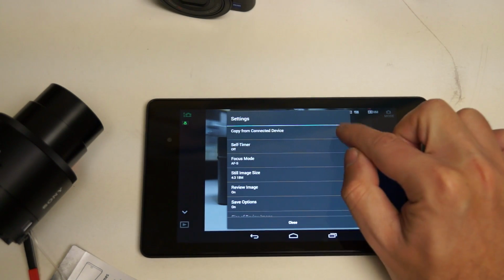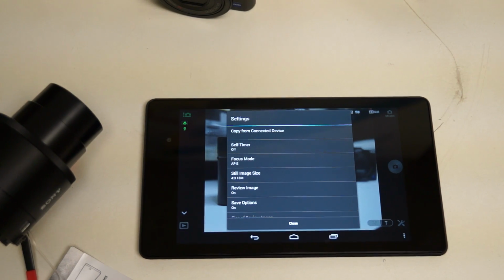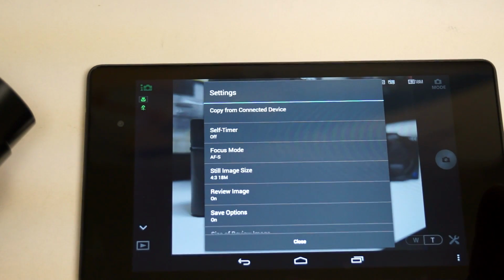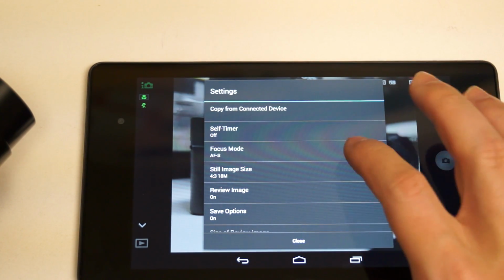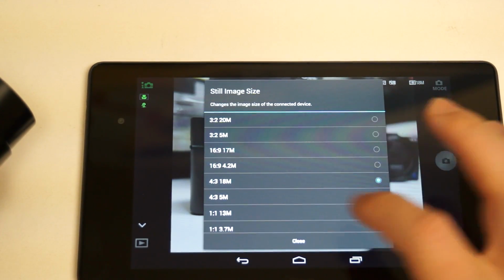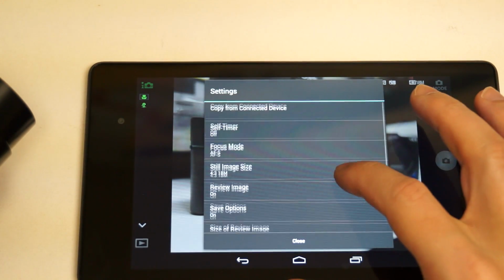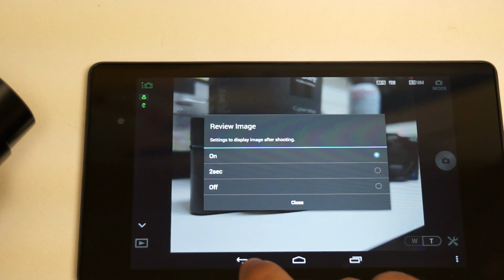Here in the settings, and this will look a little bit different in iOS than it does here, and I'm going to bring this in even tighter. You can see that we've got the ability to copy from connected device, use the self-timer, our autofocus mode. We can select the image size that we prefer from a large list of different variations. We've also got the ability to select whether or not we want the review image to be there and the